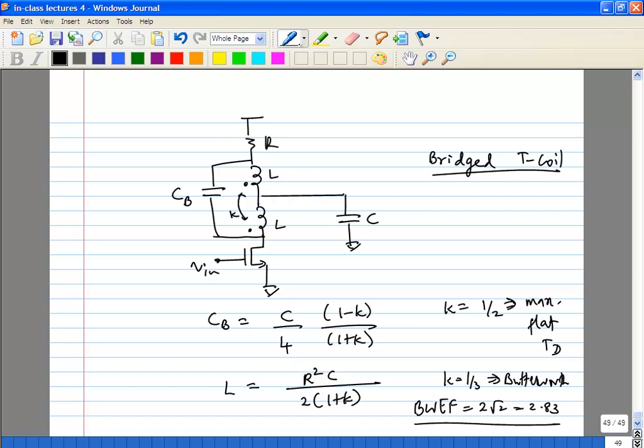Okay, and then the other kind of variation on this is you can have asymmetrical T coils. We assumed that the L's are equal, but you can have asymmetric ones, L1 and L2. That can give you a different amount of bandwidth extension. Okay,